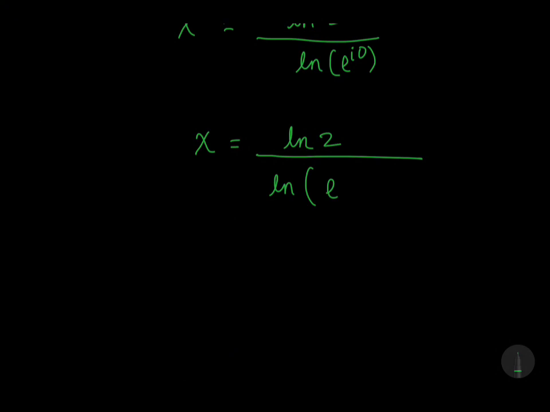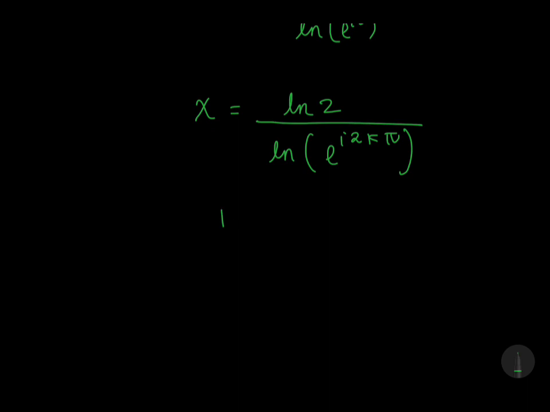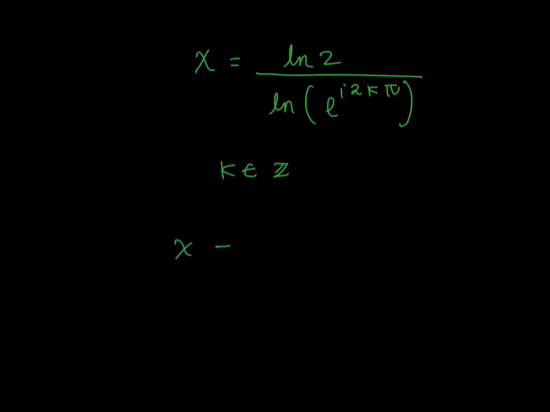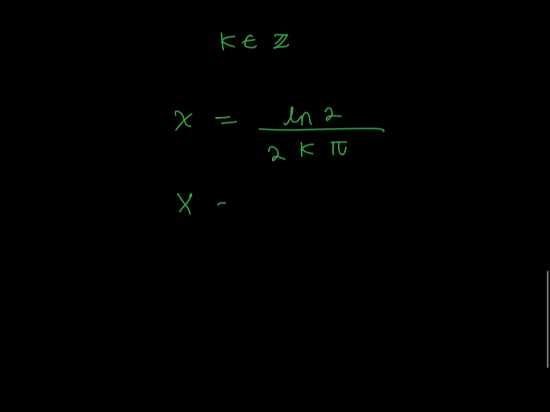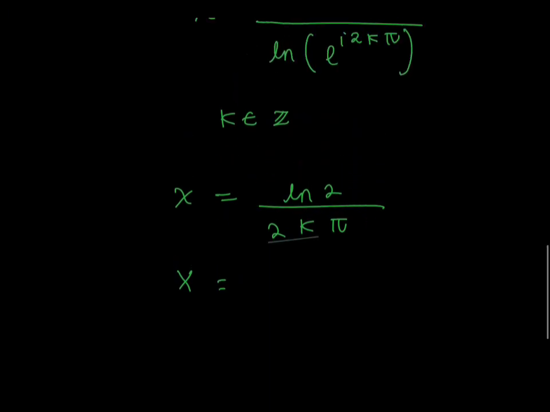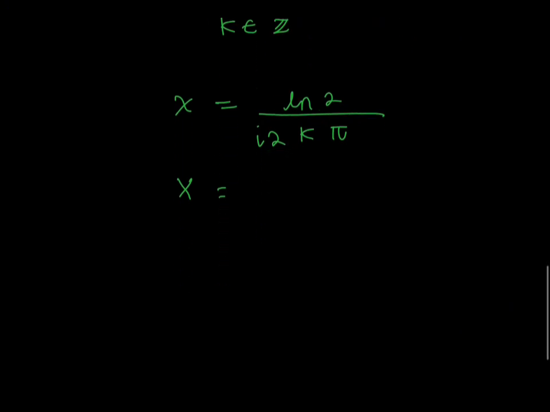So e to the power i 2k pi, where k is an element of integer. So now ln and e can cancel each other. We get 2k pi. Okay, 2k pi i, I forgot i. Yeah, so